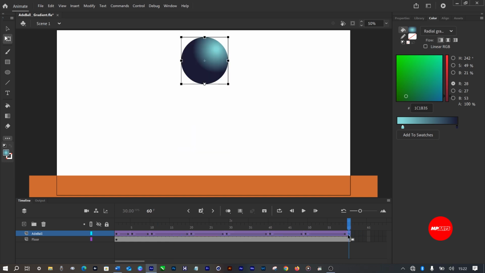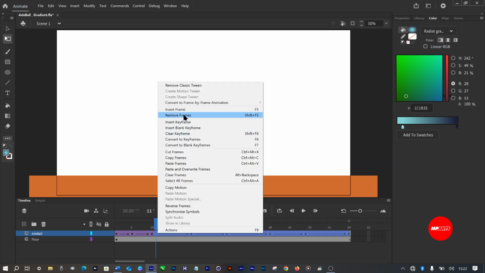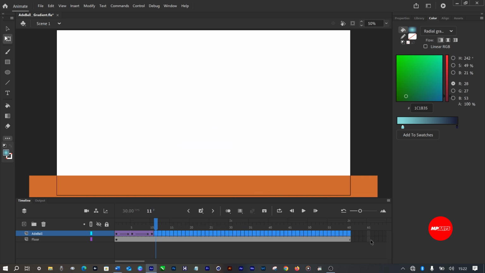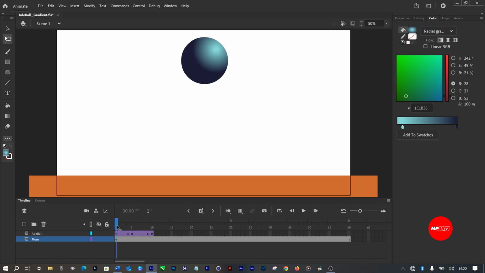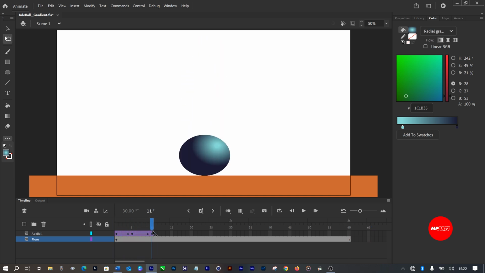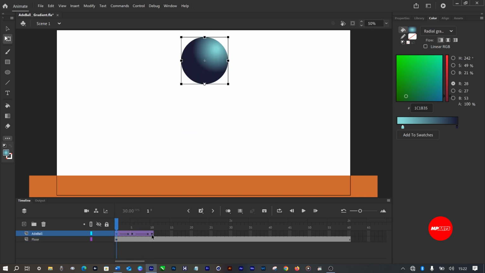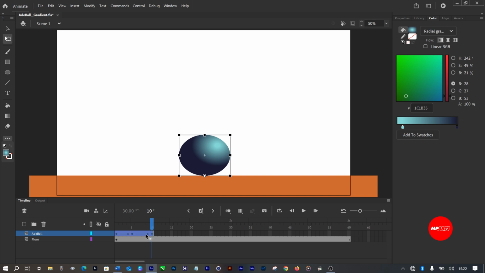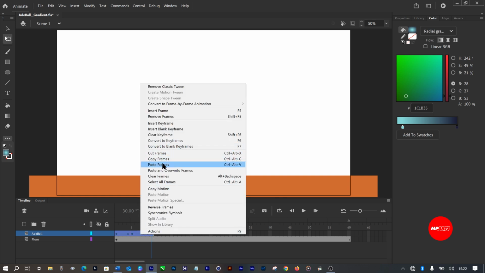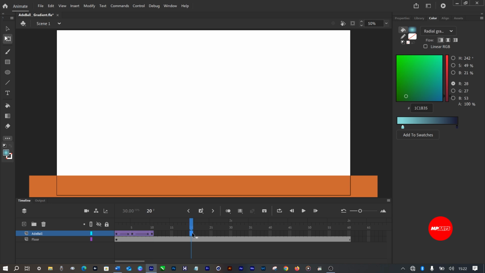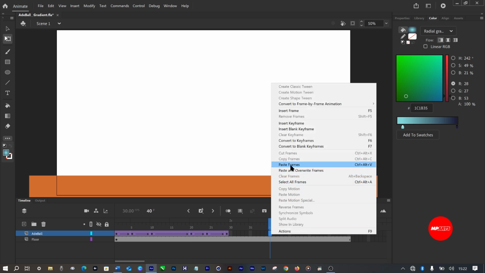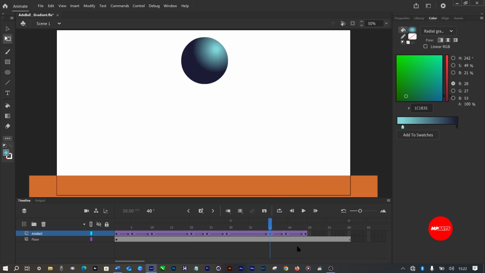Or for a safer workflow, select frame 60, come to frame 11, bam, right click and say remove frames. So you have your first 10, which will make the work easy for you. Like that. Click frame 1, hold shift, click 10, selected, right click, copy frames, frame 20, right click, paste frame, frame 40, right click, paste frame,